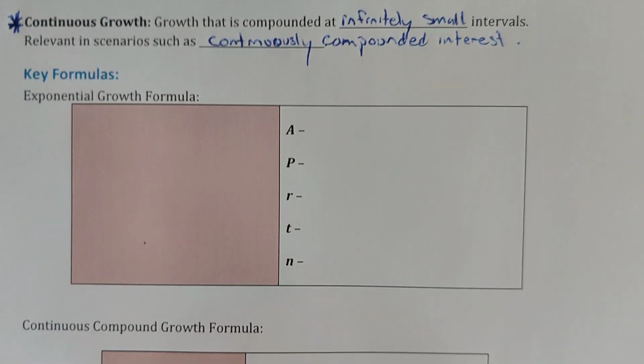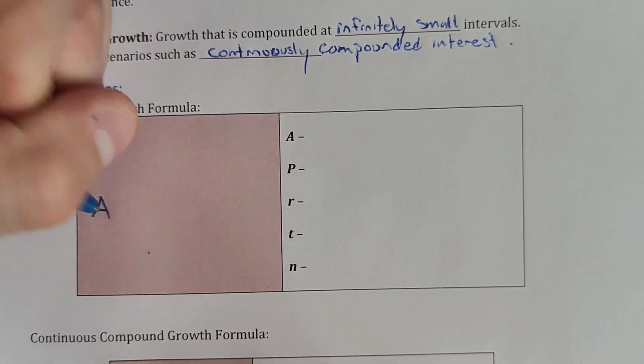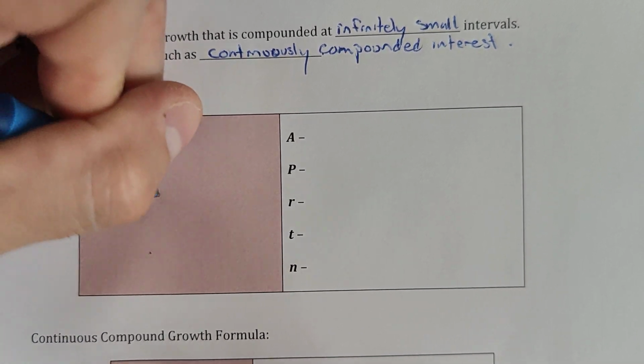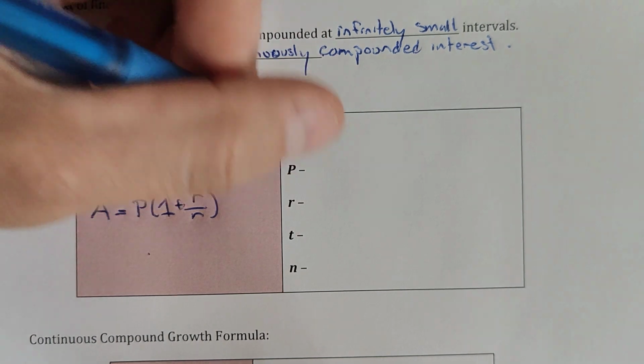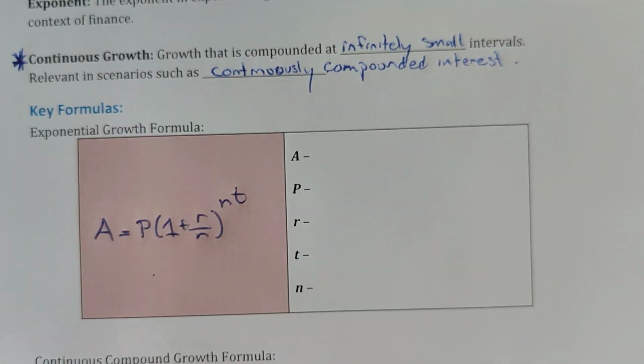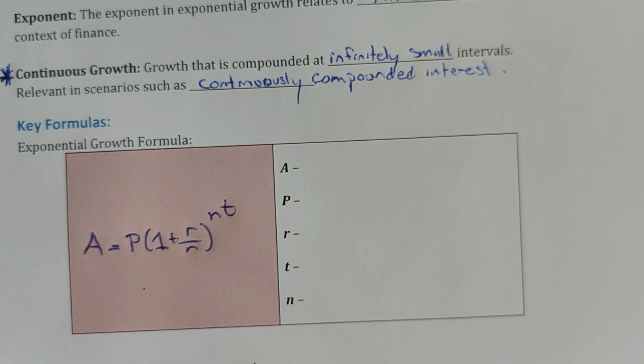So the exponential growth formula, what is it? Well, it is A equals P(1 + r/n)^(nt). Look familiar? Hopefully it does, because it was the same formula as the compound interest formula, because it is the compound interest formula. Exponential growth and compound interest are the same type of thing in terms of finance. Just to give you some separate names, so you can refer back to the first note if you need to,